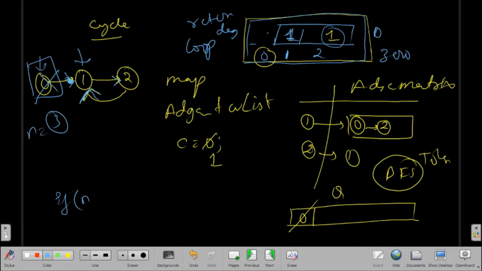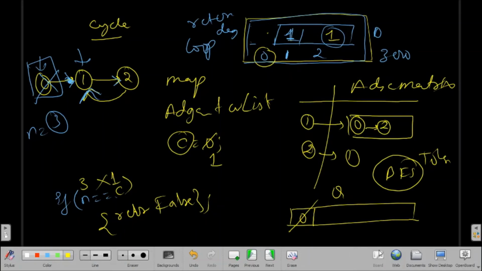So we'll see if n is equal to c. So here my n is 3 and we have c equals 1. So this is not equal. So we'll just return false here. So this is the logic. So let's code now.